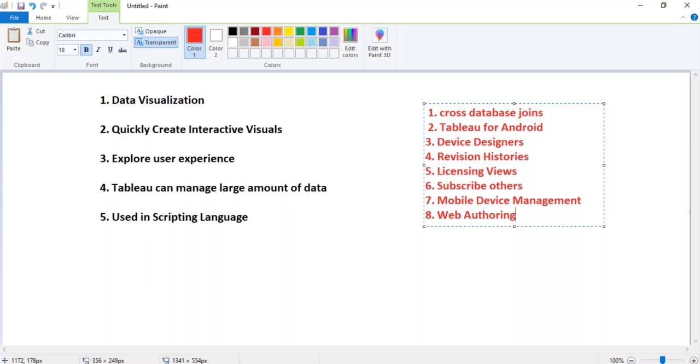So you can create your own dashboards for the project and then publish them through websites, because that is called Tableau Online. There is one feature we have, that is Tableau Online. Through Tableau Online we can do web-hosted dashboards and publish the dashboards you created as the author. Okay, so that flexibility we have by using web authoring also.